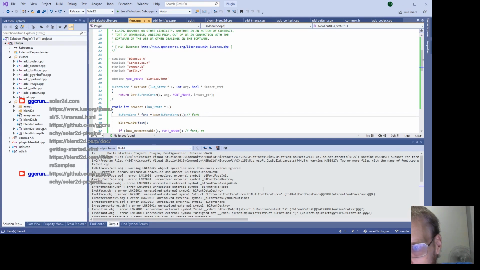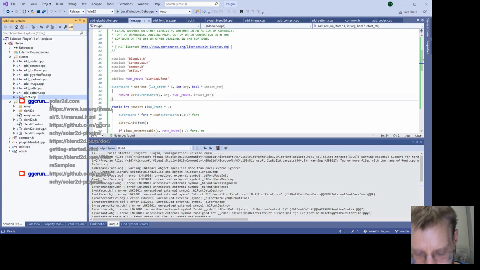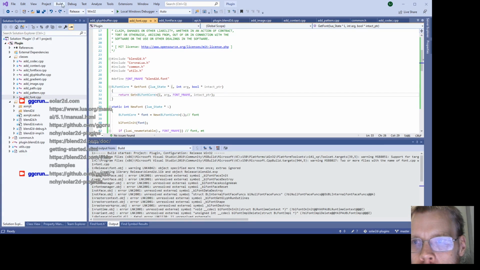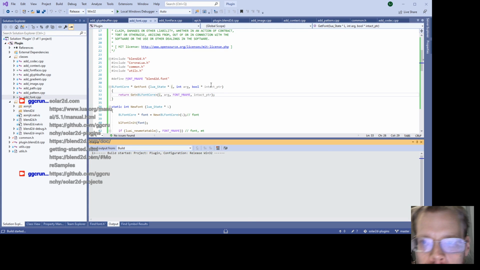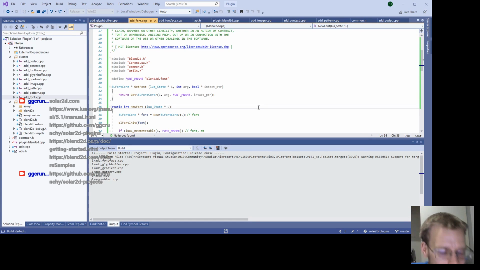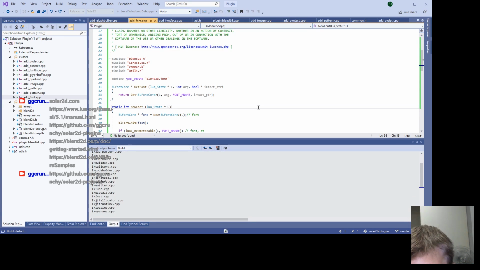So, oh, maybe there's another font file that just called font, or called add, which should be called add font. Yeah, okay. Let's try that again. So, okay, we might even see it show up here. But there must be another